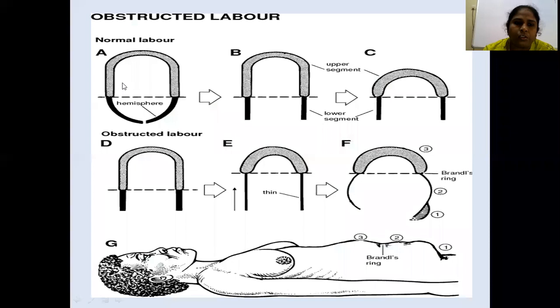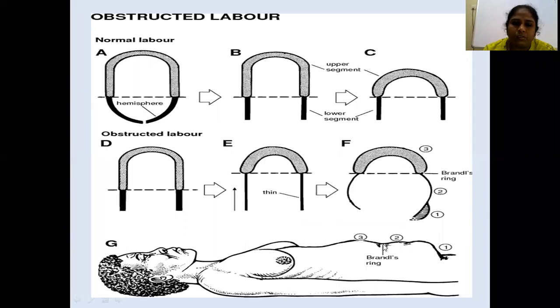So this is the picture here. This is the uterus. This is the cervix, upper and lower segment. Normally, the lower segment gets opened up during labor, and labor progresses normally. But in a case of obstructed labor, this part is tonically contracted, this lower segment is distended, stretched, and becomes thin, and a demarcation actually forms between the upper and the lower segment. This is called the Bandl's ring. Here you can see Bandl's ring.